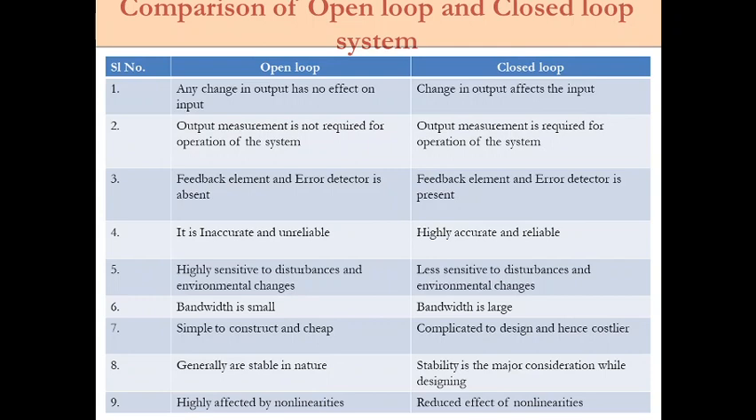So the first difference is for the open loop and closed loop. In case of open loops, any change in output has no effect on input, because we are not comparing output with input. So here input is totally independent of output. But in case of closed loop, a change in output affects the input, because we are comparing the output. If the output is deviating from the desired or required one, obviously we are going to change